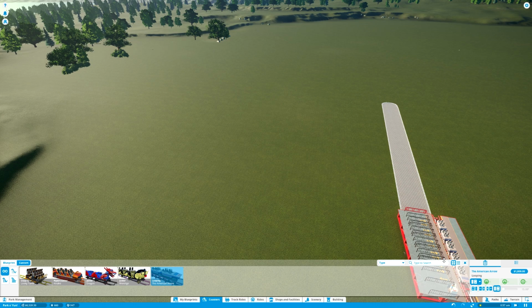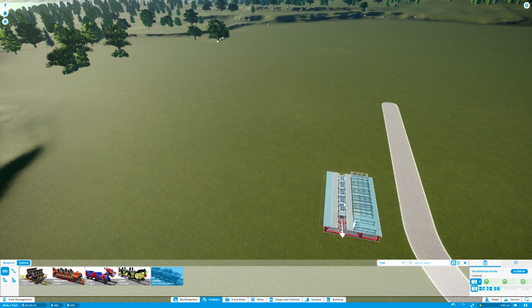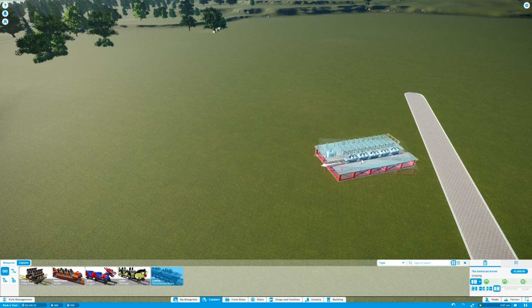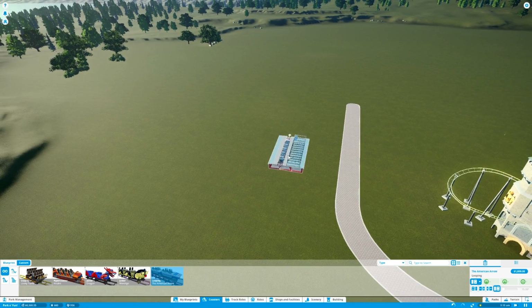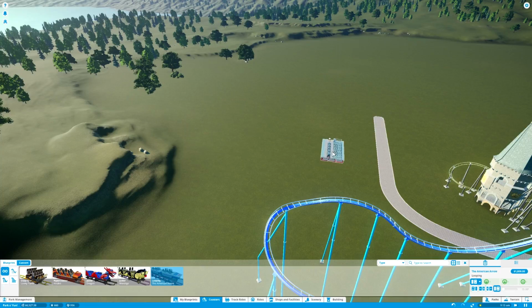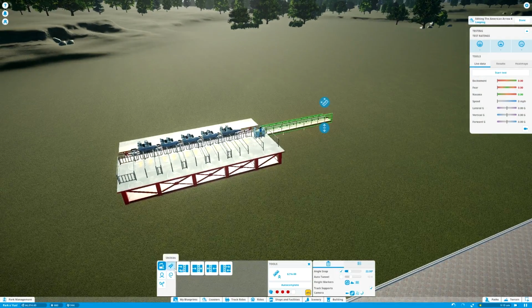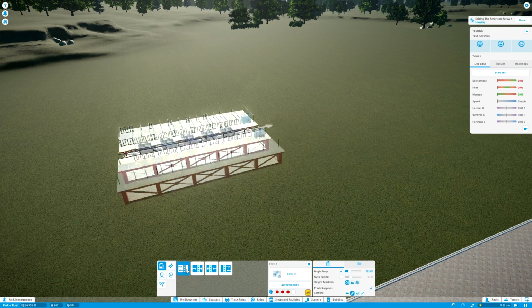Yeah, this one. Or no, we want this one, and then we'll flip it like that. Plenty of room. Looking good. Look at that. Great start. Before we do anything else, let's just make the station a little...